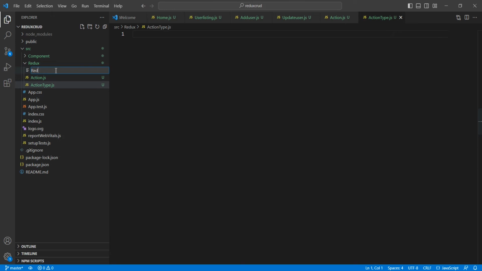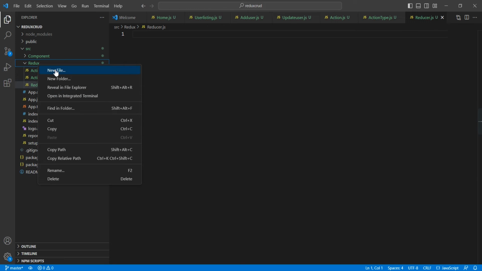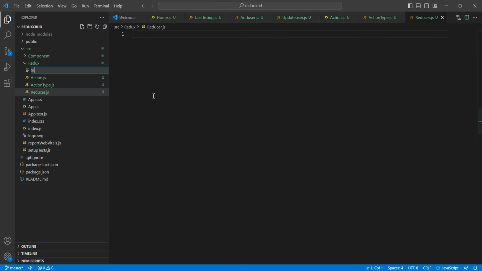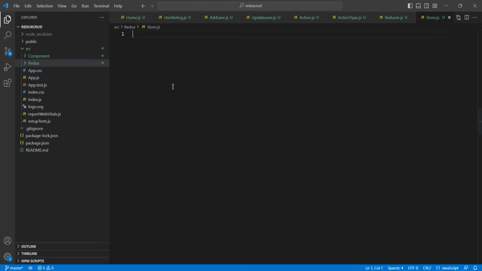And the third one is reducer. And the final one is store. So now we have created all the required files, and the next thing is we have to install the packages